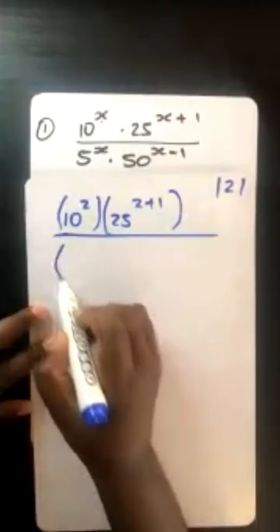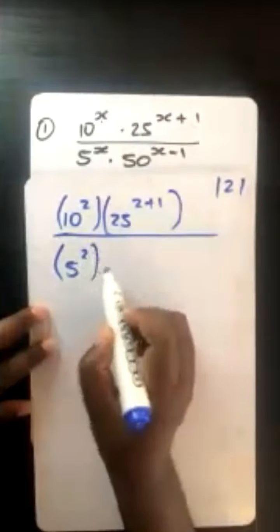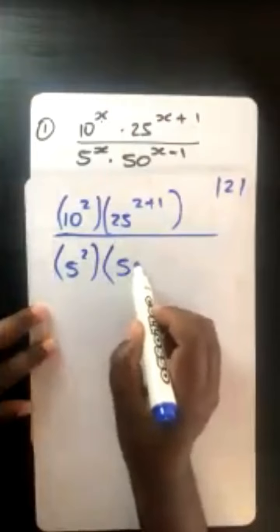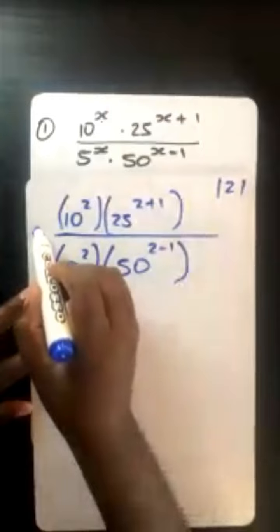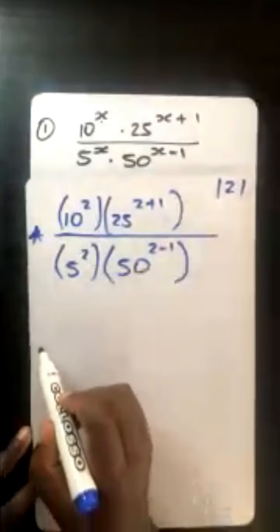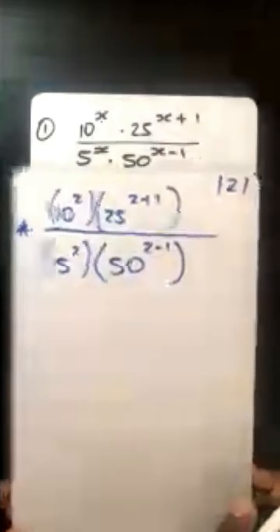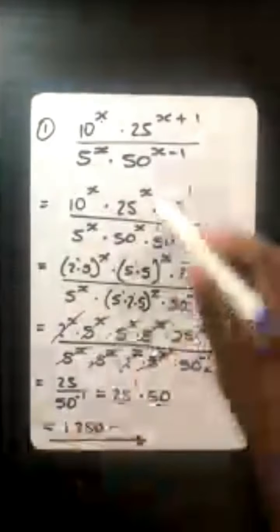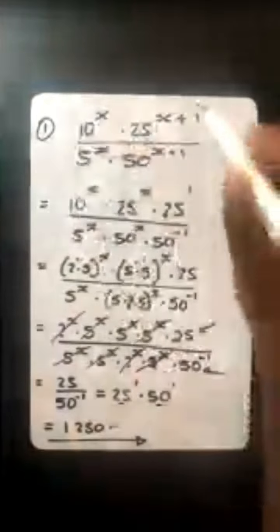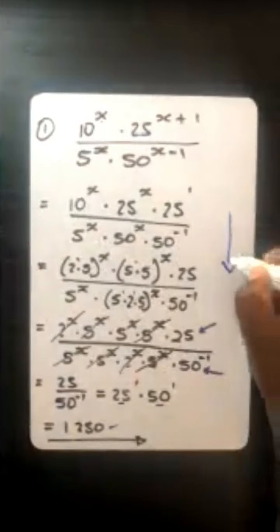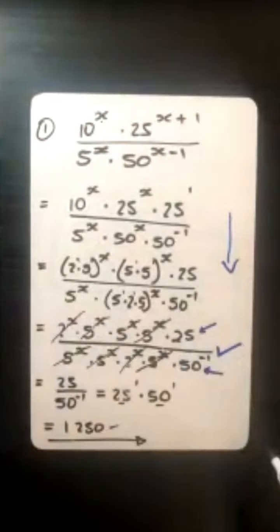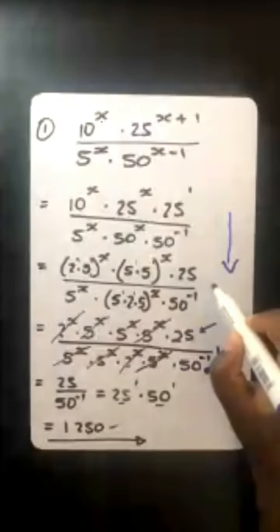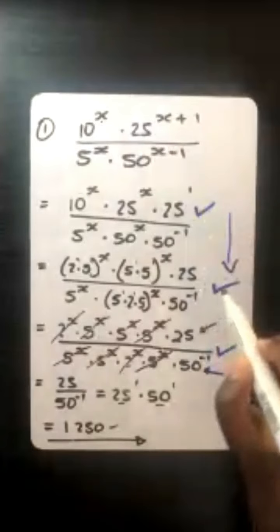Then at the bottom, we've got 5 to the exponent 2, and we've got 50 to the exponent 2 minus 1. So this is where we substitute the whole of that with 2. And then from there, because when we simplify the whole of this, everything going down is the same. That means even when we substitute 2 there, or you can substitute it there or there, but we have